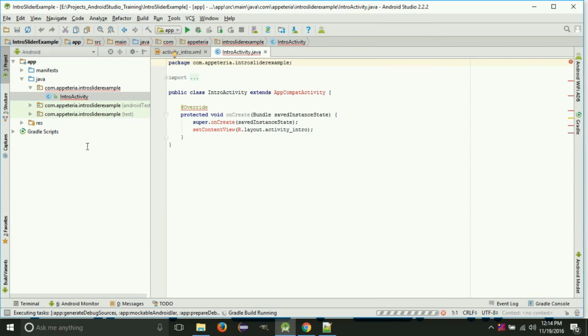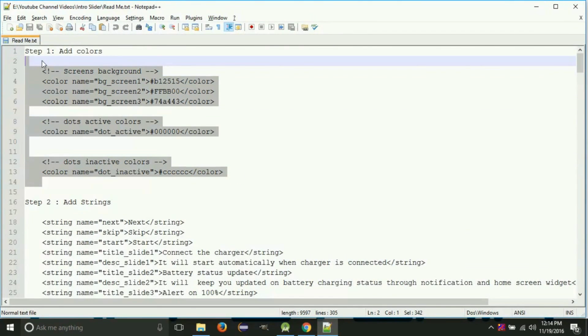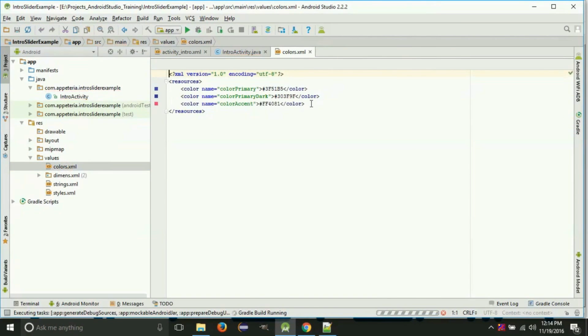Okay. So here we are going to add two slides in our intro slider. For that, we are going to add different colors. So on every slide there will be a different background color. So first I'll open the colors.xml file. In that colors.xml,